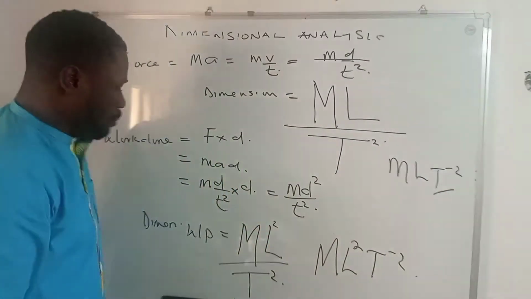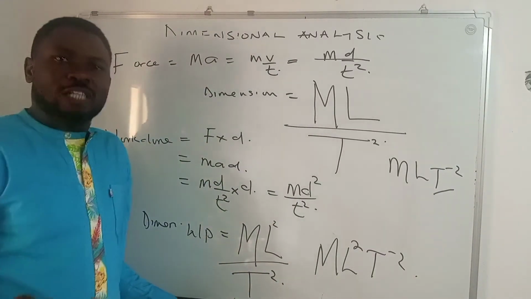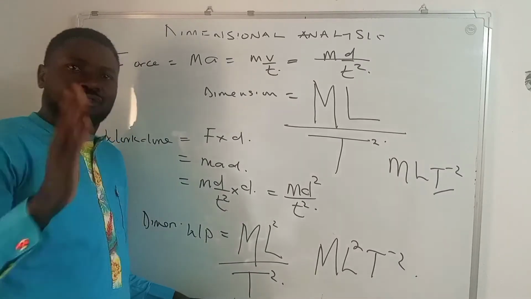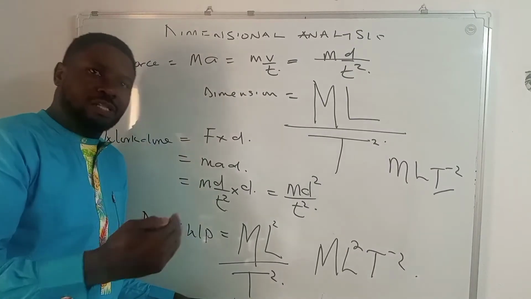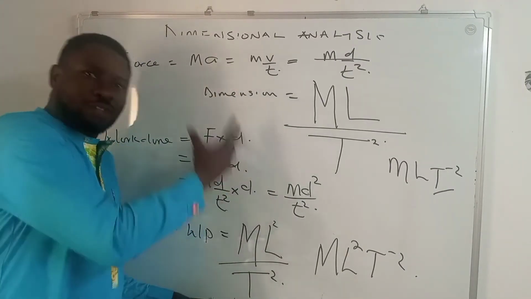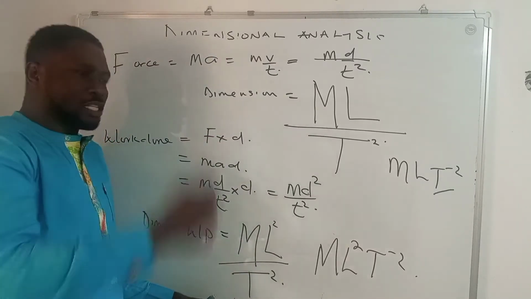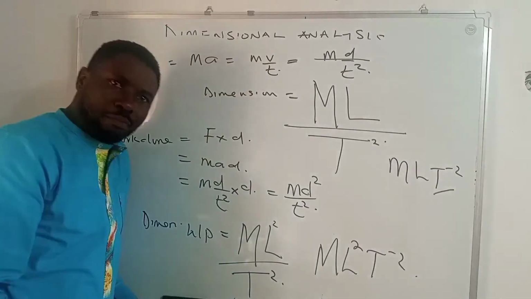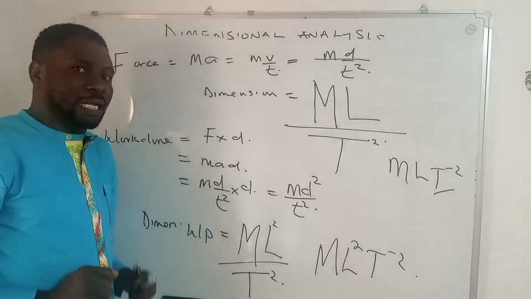Now, please again, at this point, I will request my viewers to check also the video I have made on physical quantities. There I explain how the units of quantities can be derived, just like the dimensions of these quantities are derivable. If you check that video, you will have understanding. The discussion is similar to this. The only difference is that here we are deriving dimensions, but in that video we're deriving units. Very important class as well.